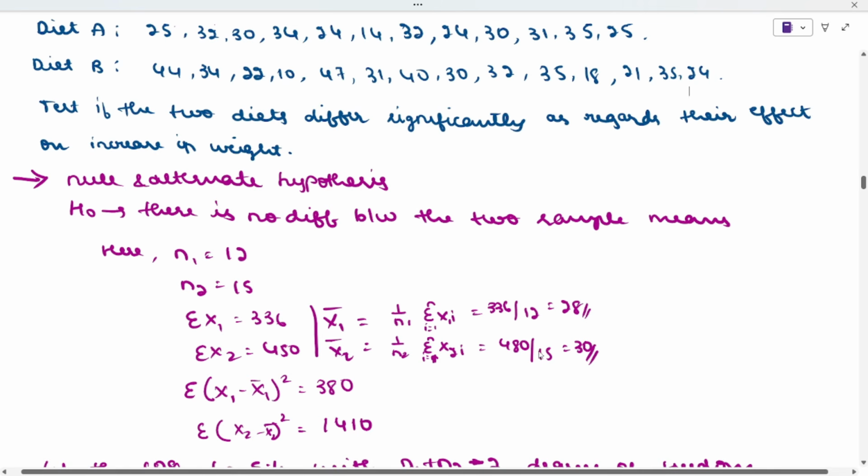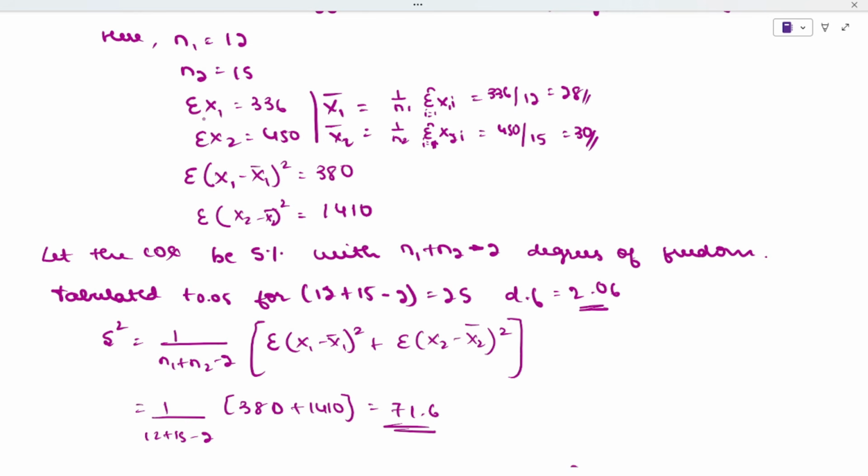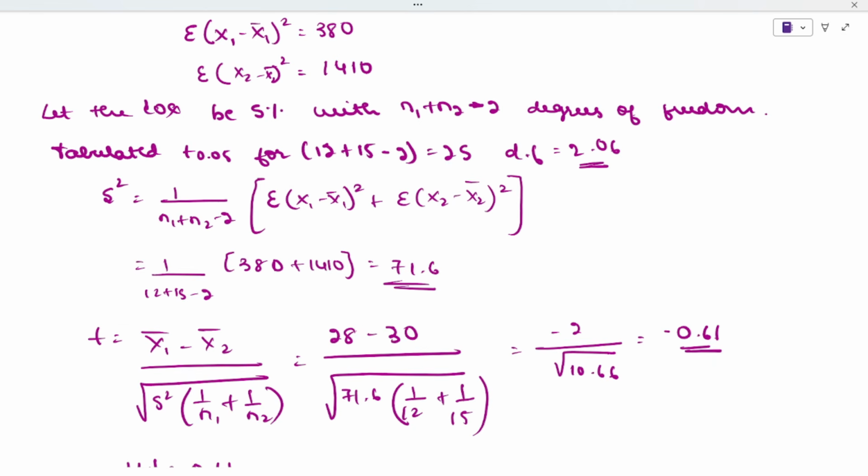450 it is, okay. If you add this, you will get 450 divided by 15. Now again you subtract x 1 minus this whole square. If you do, you will get 380 and 1410. Now because of LOS, level of significance is mentioned 5%,